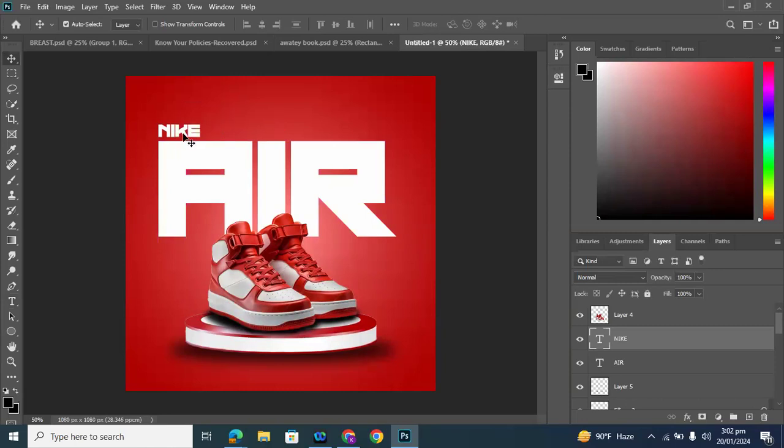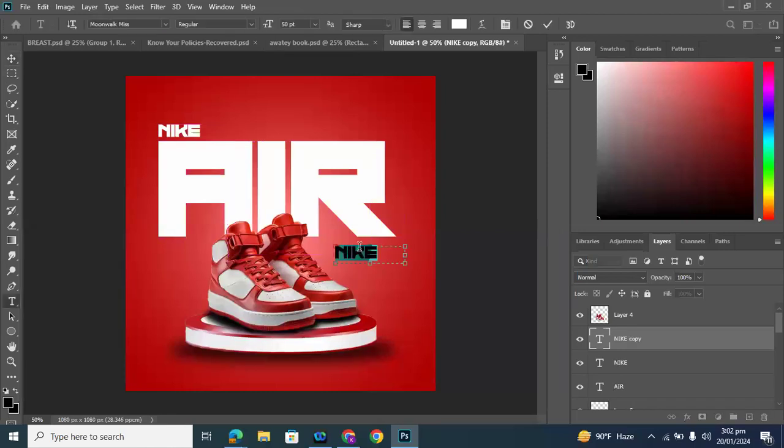Then I actually want to make a duplicate of this text down here. So what I'm going to do is press and hold Alt, and then I'm going to drag this down here, and I have a copy. So I want this to be for